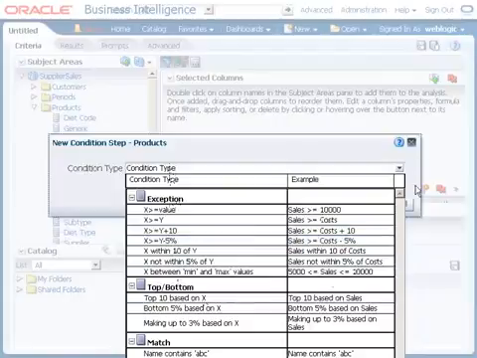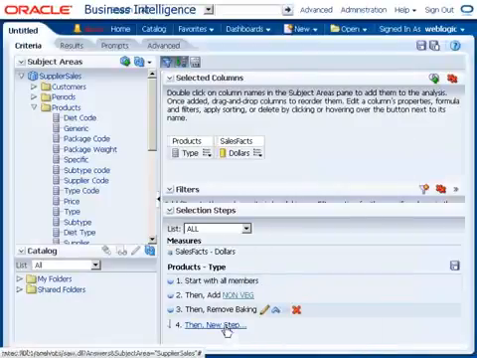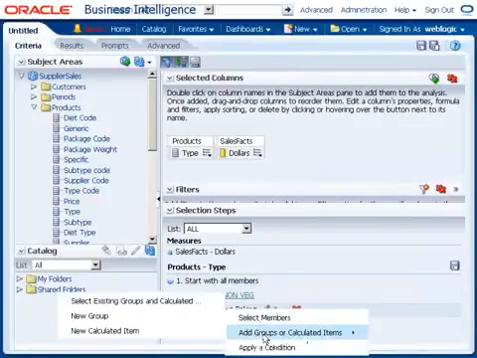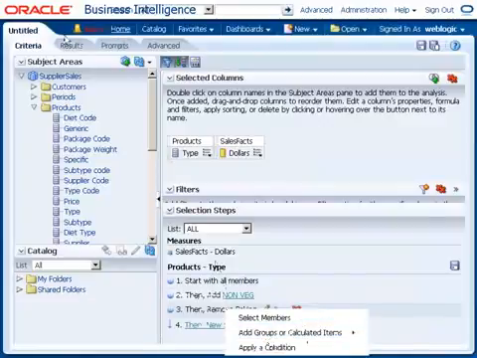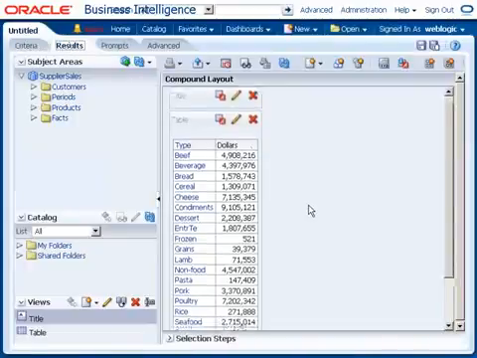So try to explore this condition, as well as what select members is doing and what add groups is doing. Anyhow, if people understand how to create the selection steps,